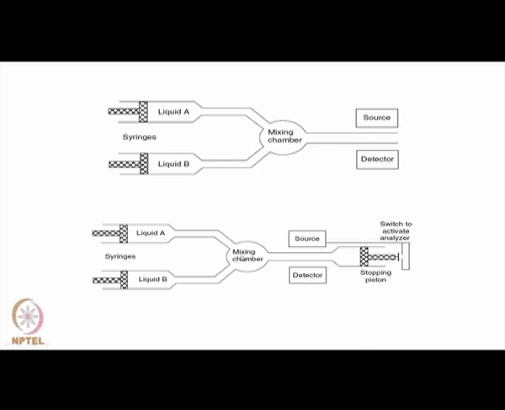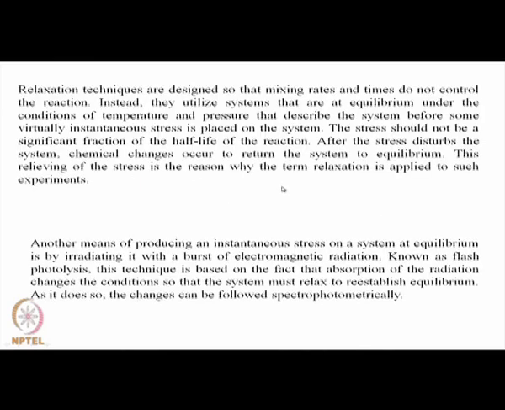This stopped flow technique does not require too much volume, whereas the simple flow method requires a moderately larger volume of reactants. So in this way it is smarter than that one. Then you discussed relaxation techniques, the shock wave method, and lastly we talked about